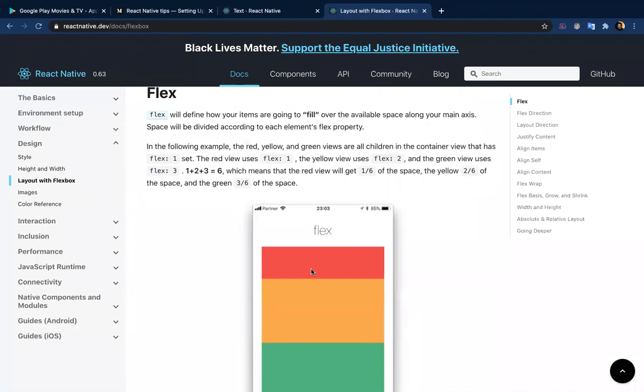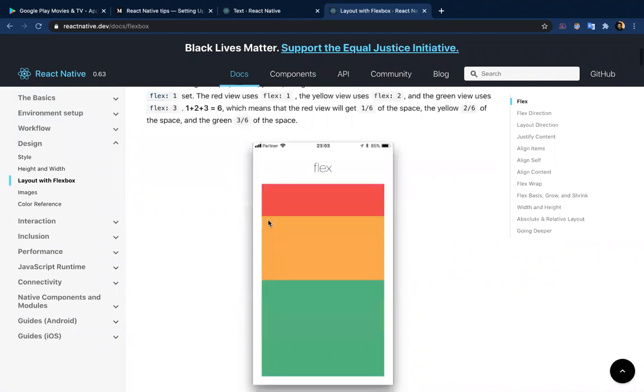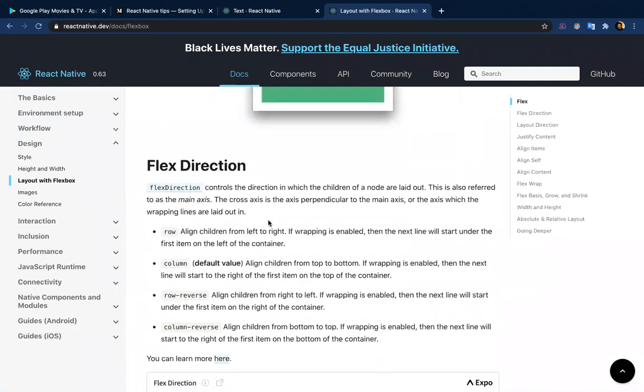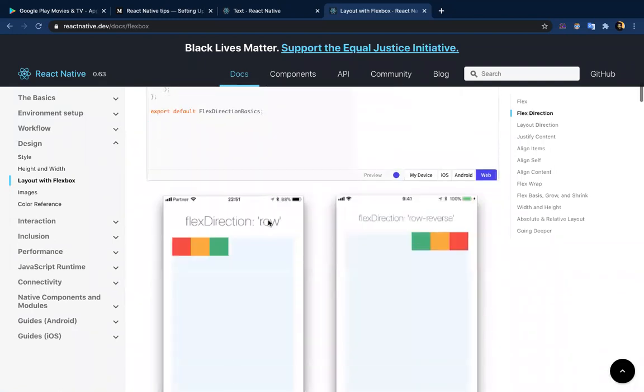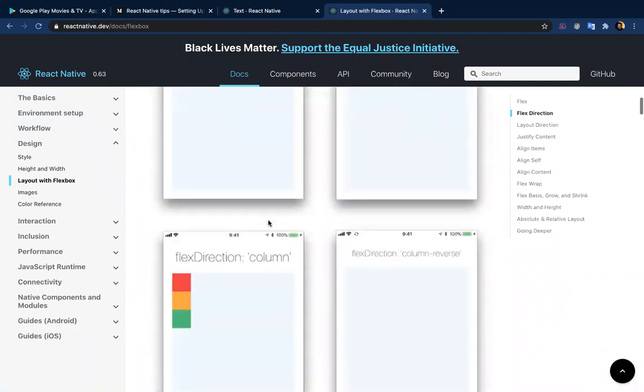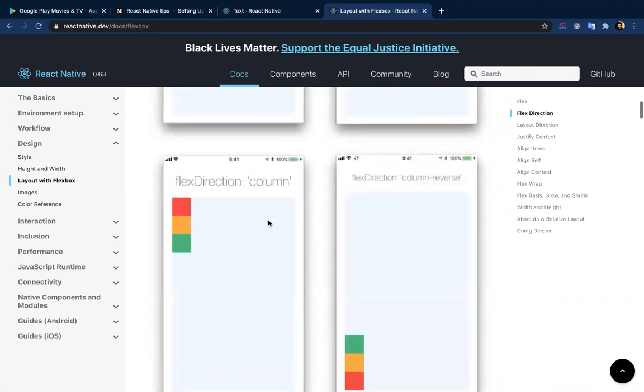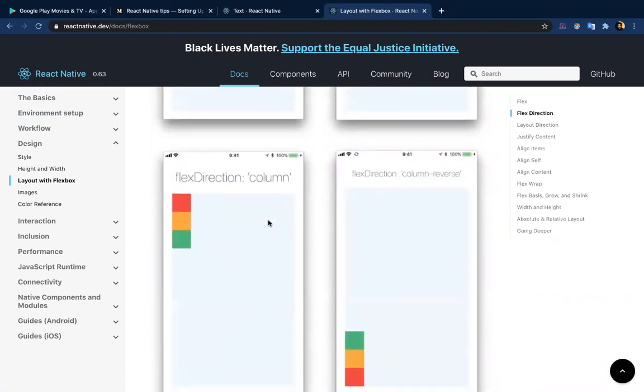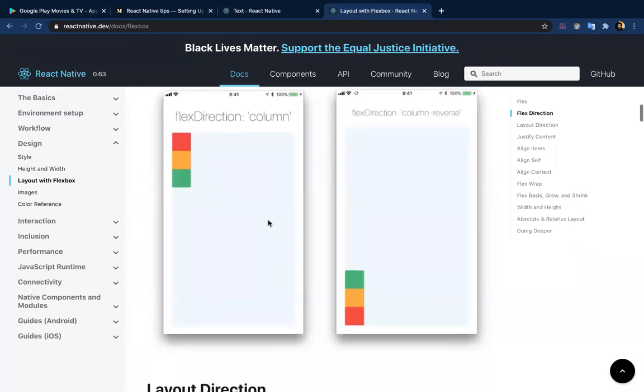All right, guys. Anything that you don't know, you can search in Google, or else, as you can see, we are in the same documentation. It consists of all the information you need. This is a good documentation about Flex, and you can get a clear idea of what Flex is and how it supports arranging the view items and other components.